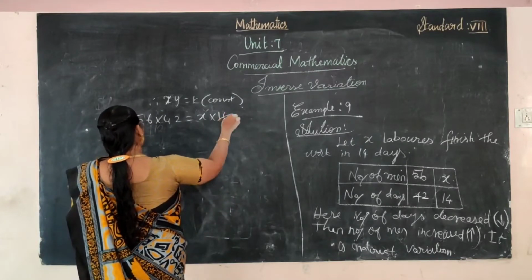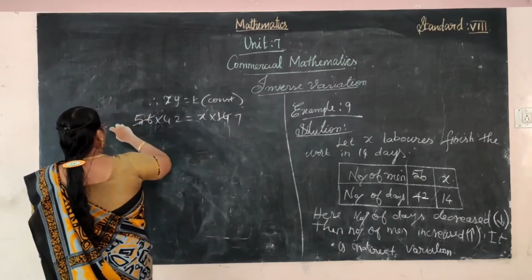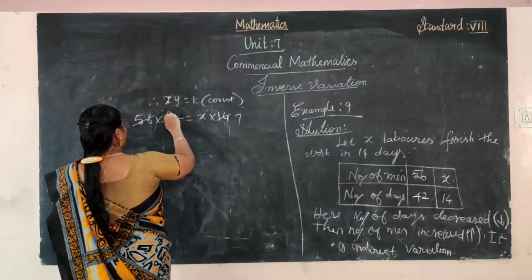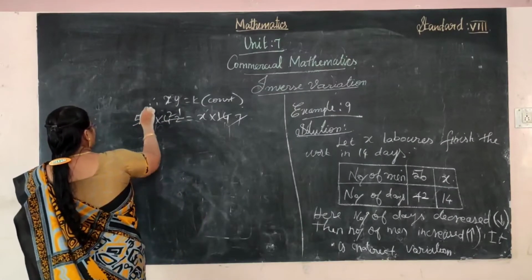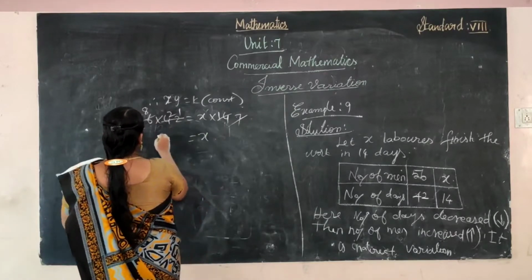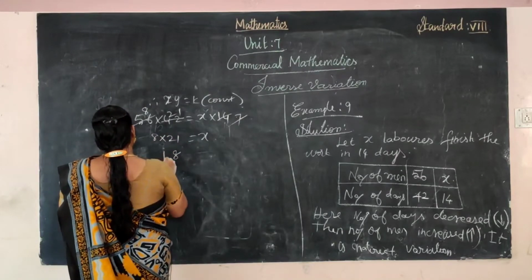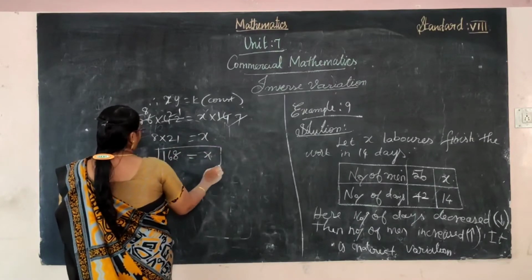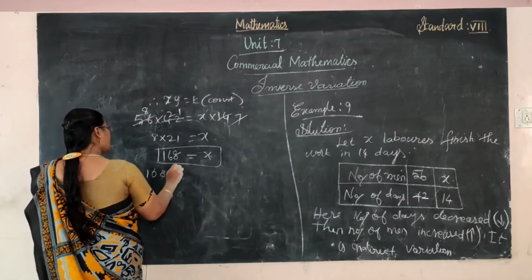Can you cancel it? Okay, we'll start from the 2 table. 7 twos are 14. Okay, cancel. 2, 21, 7 eights are 56. Okay, here x only there. So 8 into 21, 8 ones are 8, 8 twos are 16. So 168. Thus 168 labors